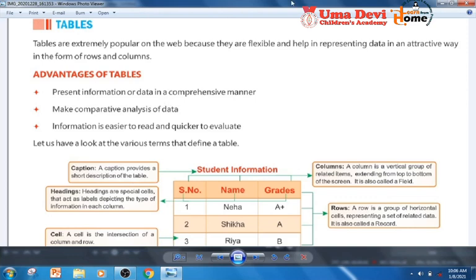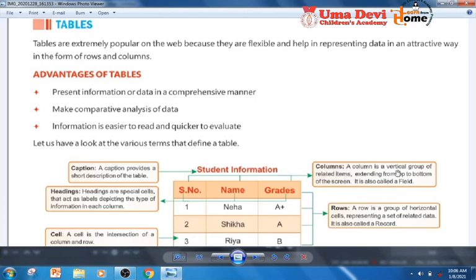Next, headings. Headings are special cells that act as labels depicting the type of information in each column. Now next one is cell. A cell is the intersection of a column and row. I have told you before. Now it is columns.